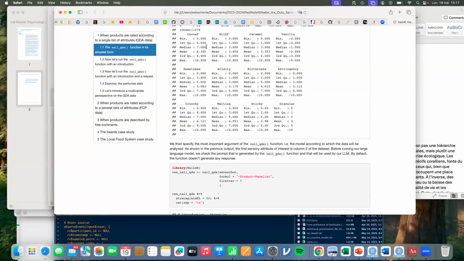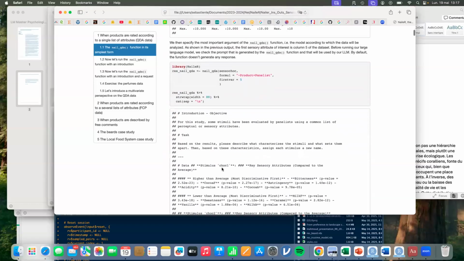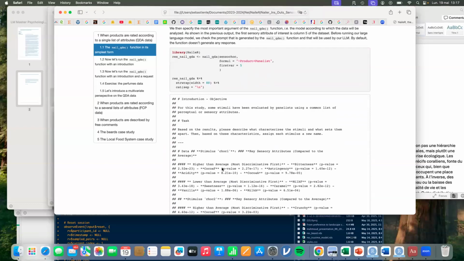By default, and this is something you may not know, the computer is not going to use the LLM first. The computer is going to generate a prompt for you, to check and make sure that the prompt is consistent with what you want the computer to do. So when I run this, I get a prompt, and this is the prompt that the computer is generating for me. You have to pay attention to this one, because I don't know if you know that, but